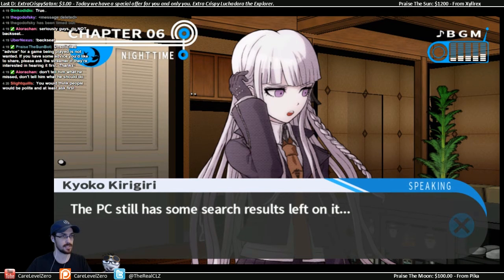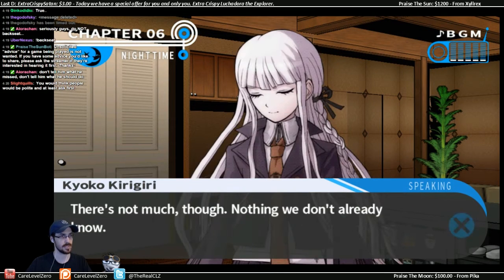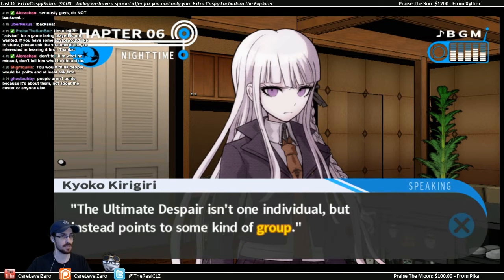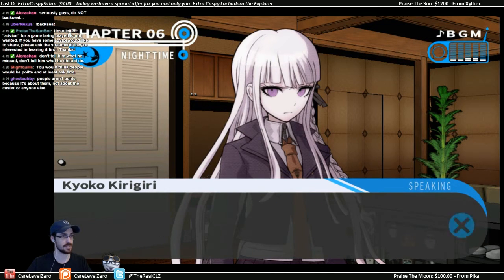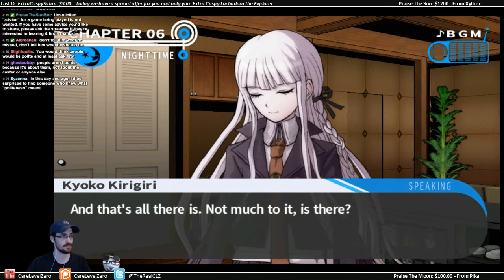The PC still has some search results left on it. Then we might be able to get some info on the Ultimate Despair? However... There's not much, though. Nothing we don't already know. In other words... The Ultimate Despair isn't one individual, but instead points to some kind of group. The group is responsible for the tragedy which happened 1 year ago. They're the worst sorts of people whose driving force comes from despair. However...